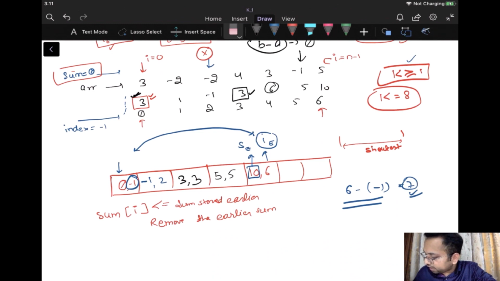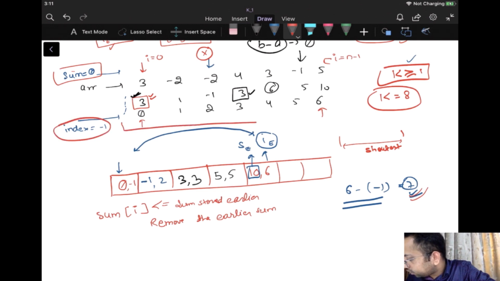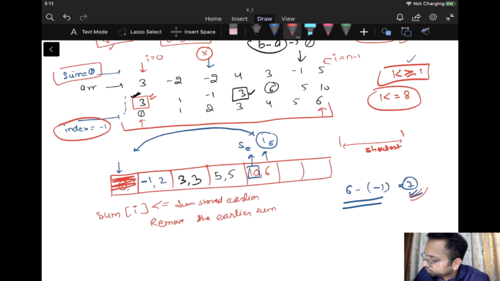All right, so we have done it, and this is going to give us the range having length 7. So yes, you can see that if I talk about this index, this entire range is giving me the sum that is greater than 8. So I'll remove this element. To remove this element in constant time, we can use a double-ended queue. So that's what we are going to do.